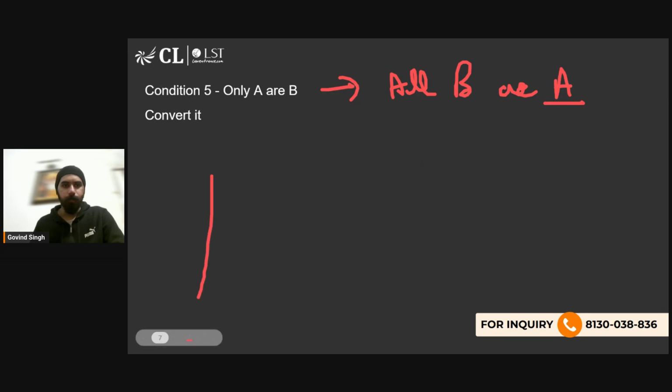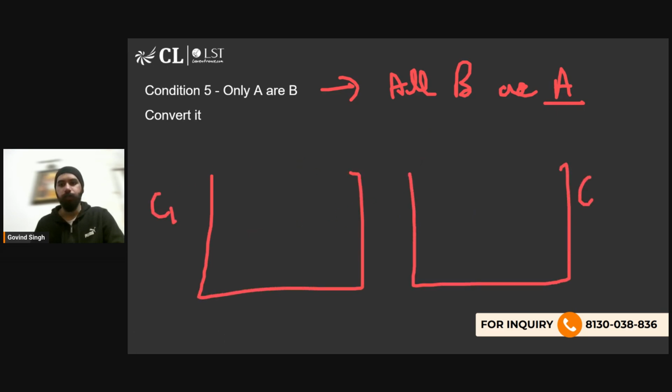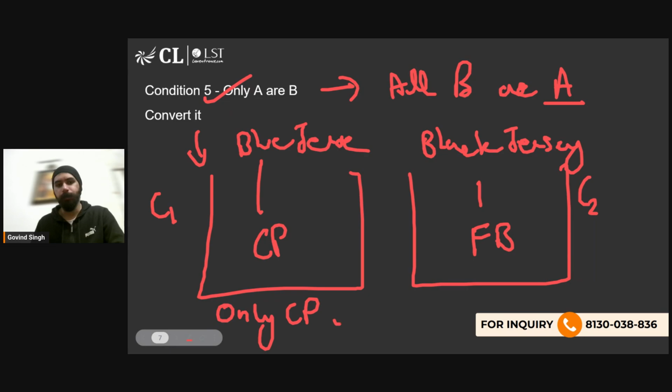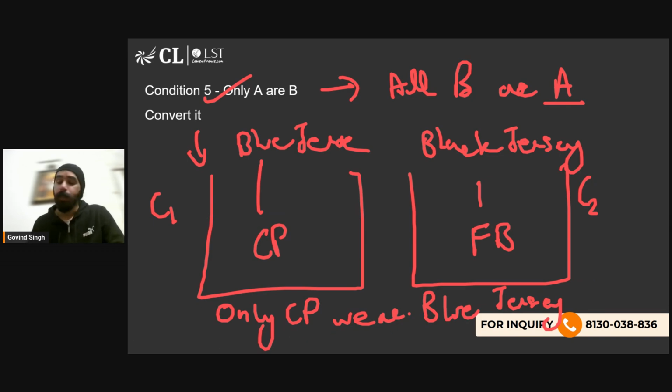Let's assume there are two classrooms. Classroom number 1 and classroom number 2. ठीक है. क्लासरूम 1 में सारे क्रिकेट प्लेयर्स हैं और क्लासरूम 2 में सारे फुटबॉल प्लेयर्स हैं. सारे क्रिकेट प्लेयर्स, let's say, ब्लू जर्सी पहनते हैं और सारे फुटबॉल प्लेयर्स, let's say, ब्लैक जर्सी पहनते हैं. These are the facts which we know. अब अगर मैं बोलूं कि only A or B को इसमें apply करें, if I say only cricket players wear blue jersey, okay, only cricket players wear blue jersey,